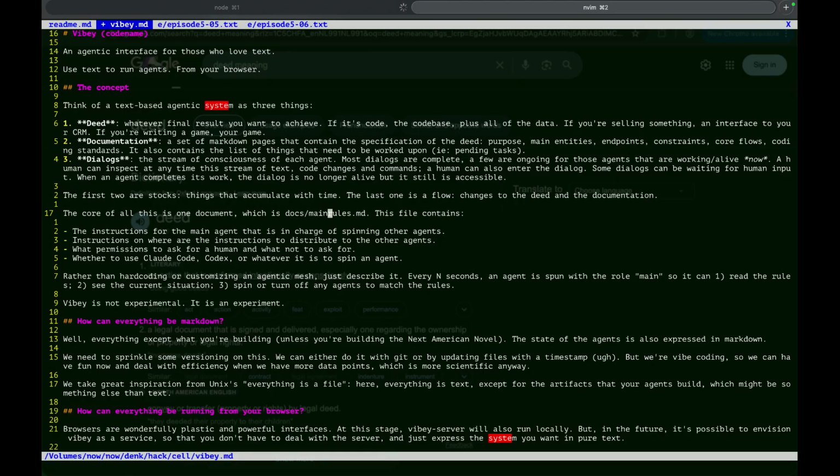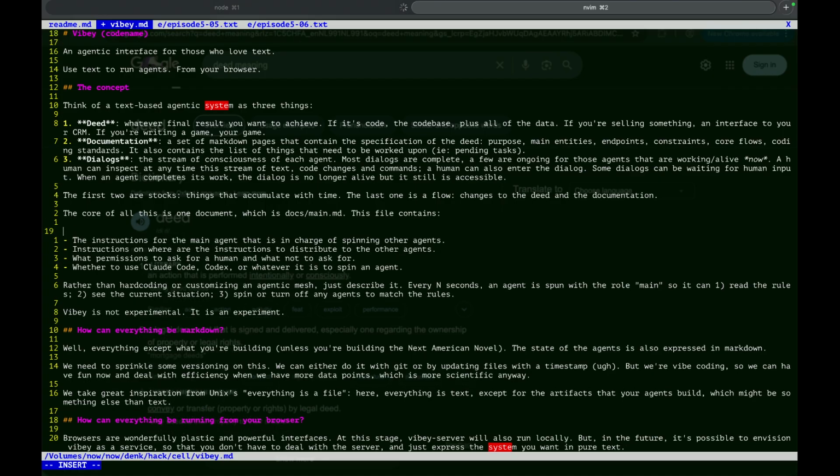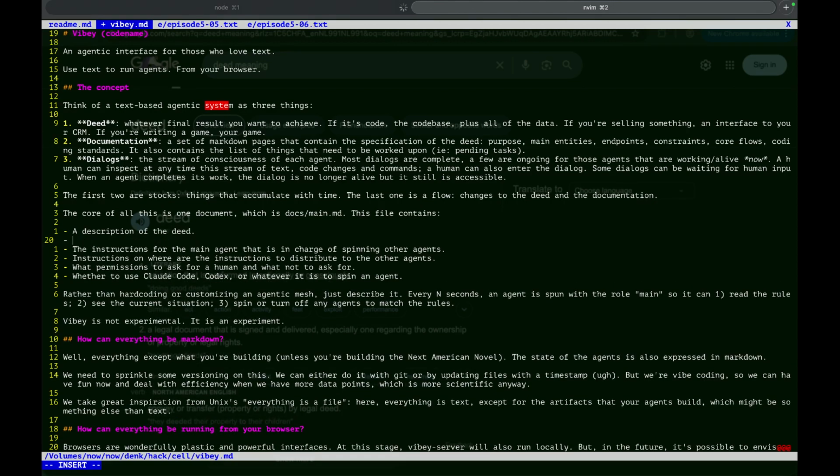Docs main MD. Description of the deed, links to other documentation. Actually, we can call it docs instead of docu.